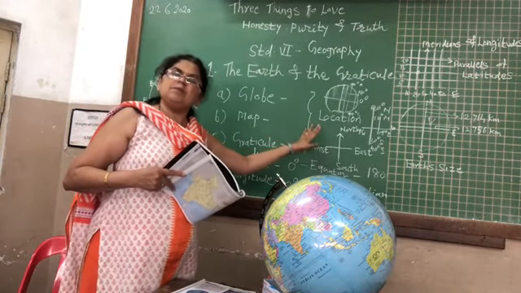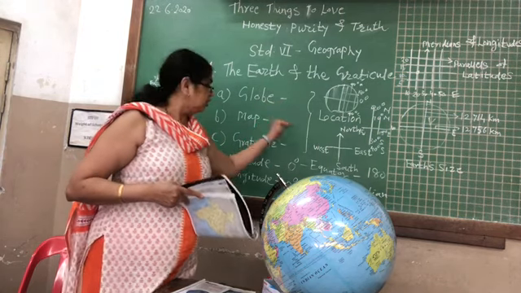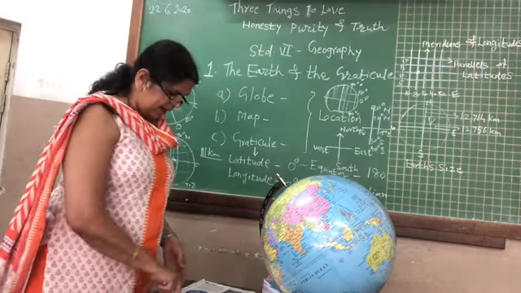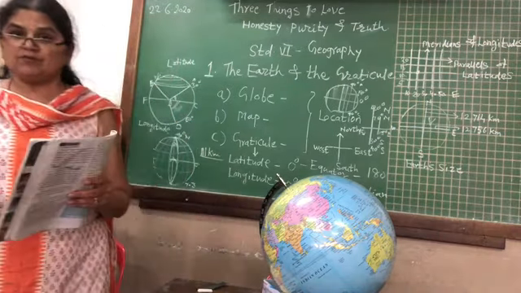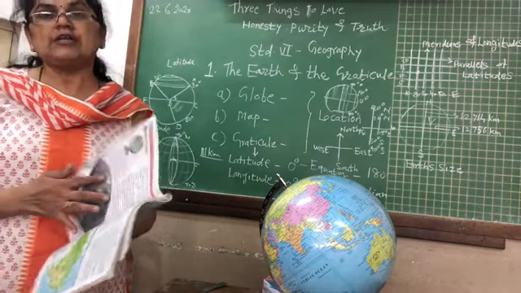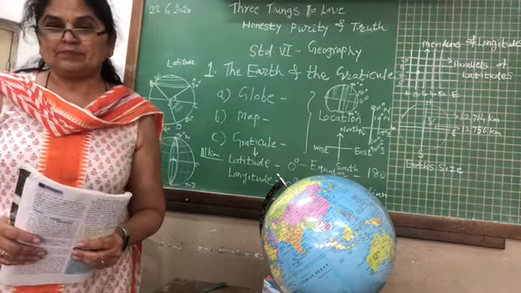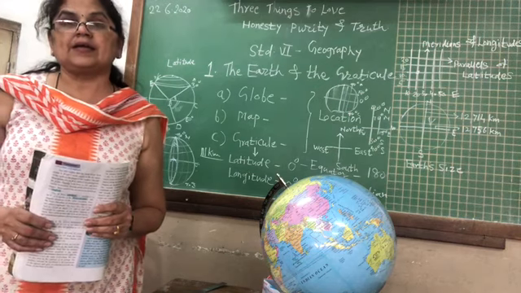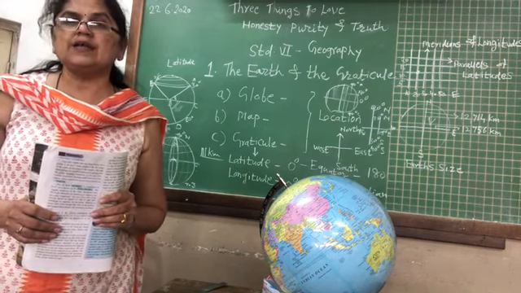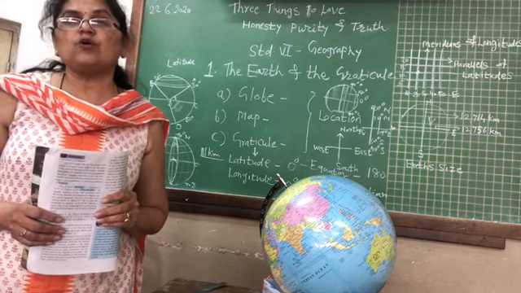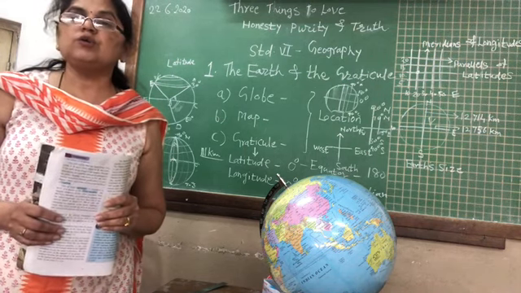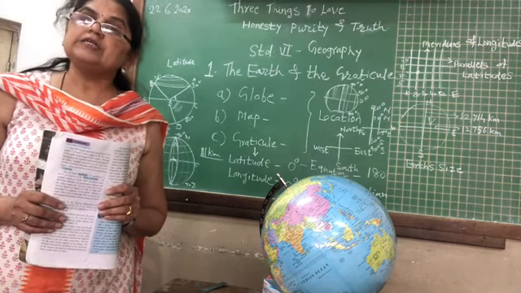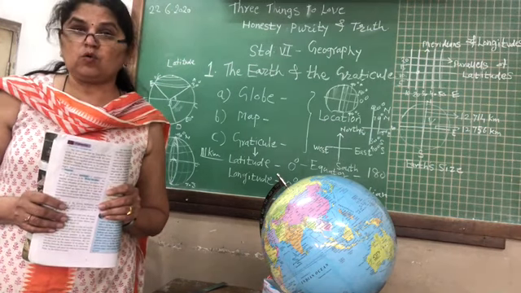The map is a very important tool of a geographer, and not only for a geographer, for a layman also to understand. So you have to learn the map, and learning the map is so important in the modern world. For example, why learn the location? There was a great warrior who lost. He wanted to conquer the whole world. He went to Russia by fighting. He was not understanding the location. He reached Russia in the thick of winter. Many soldiers died because he did not know he was going to the northern part of the world, which is very cold, and a large number of people died because of the very cold climatic conditions.